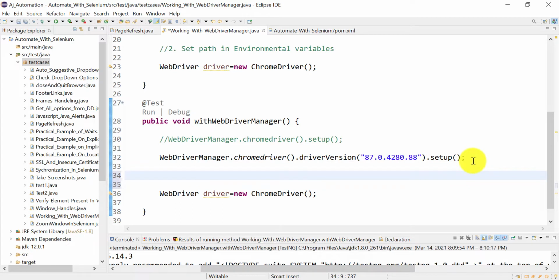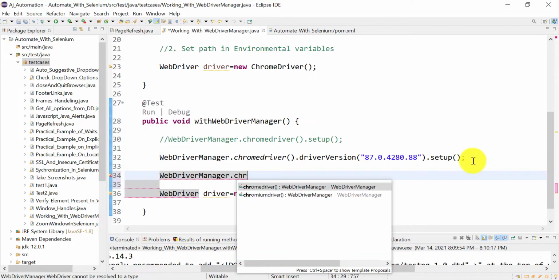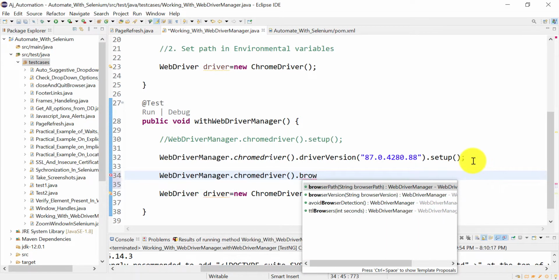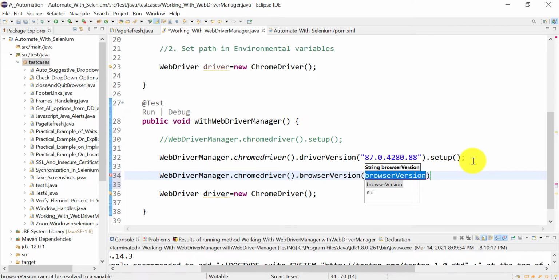Let's say I want to download the Chrome driver for a specific Chrome version. How can you do that? Similarly, Chrome driver manager dot, here you can specify the browser version in double quotes.